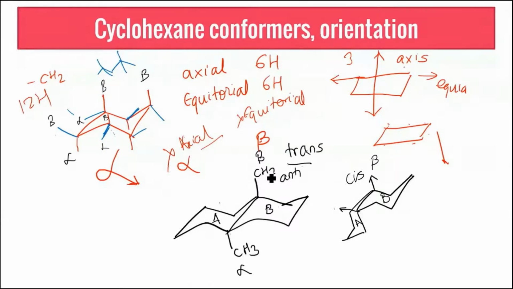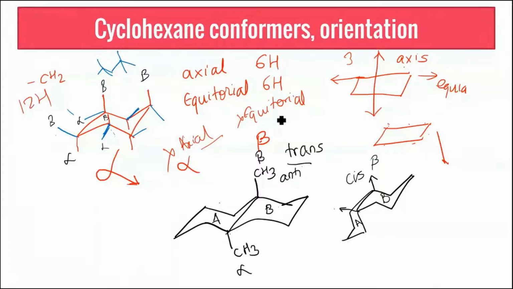Now this is a very important and key understanding when I represent various arrangements. I'll be taking examples one by one. But for now, remember these few concepts. The first thing is when I have both the rings fused in the manner anti to each other, we call them a trans arrangement. Both of them fused in a way where the axial bonds are in the same plane, we call it a cis arrangement. And based on these cis and trans, your reactivity is going to change, all your reaction pattern is going to change.